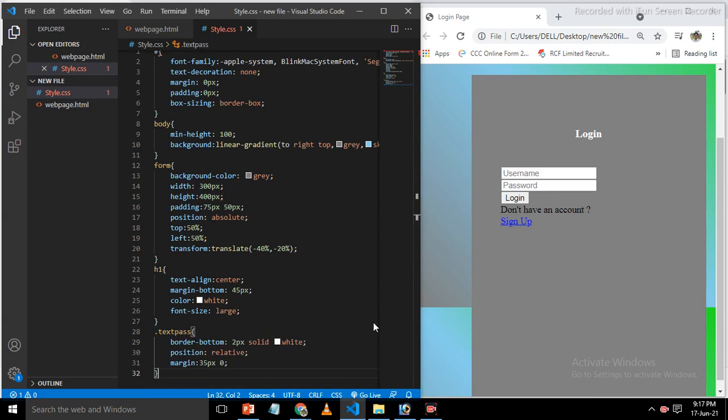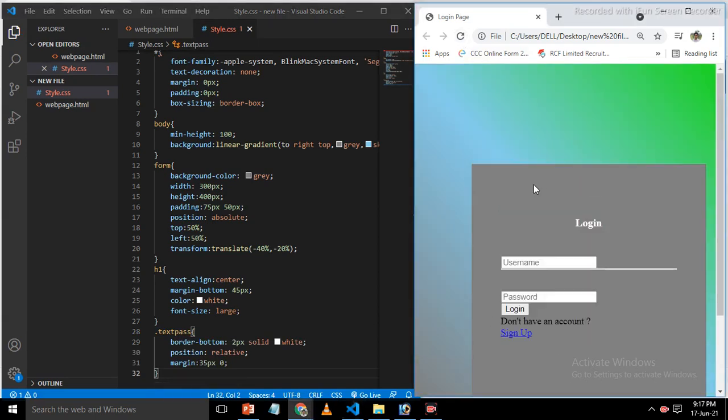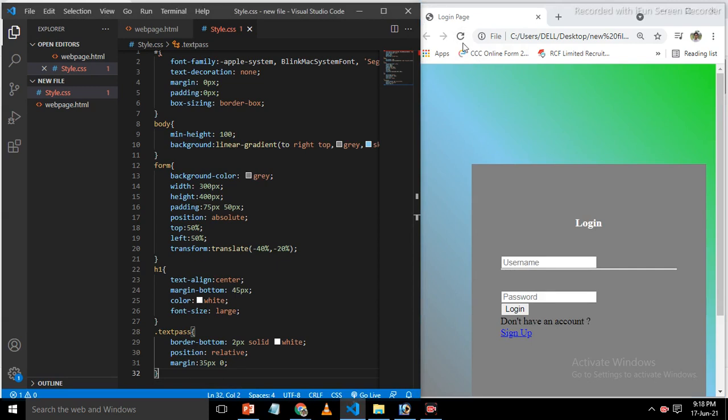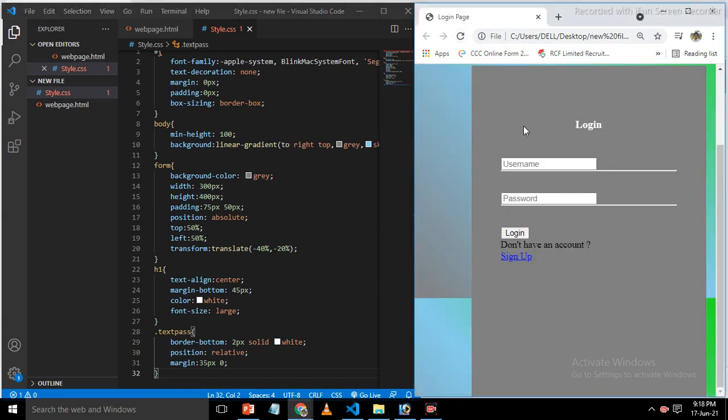Now here we put the text pass properties. Now we refresh the page, and here the username has an underline of white color, and we got the output for both username and password the same.